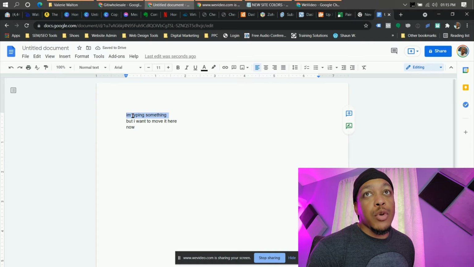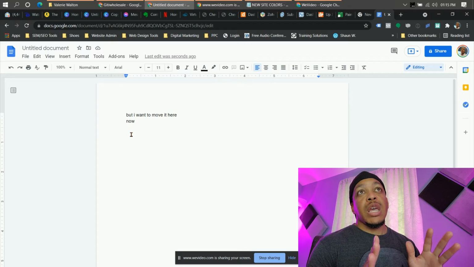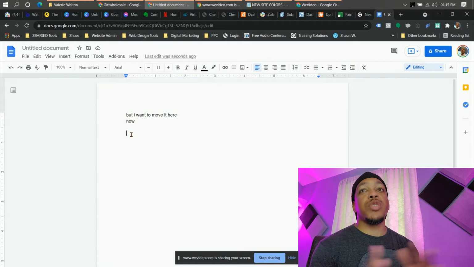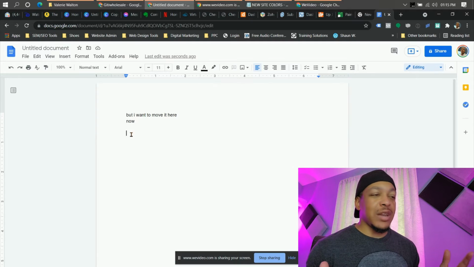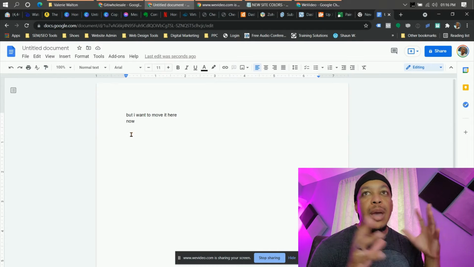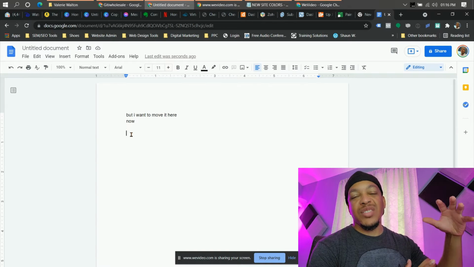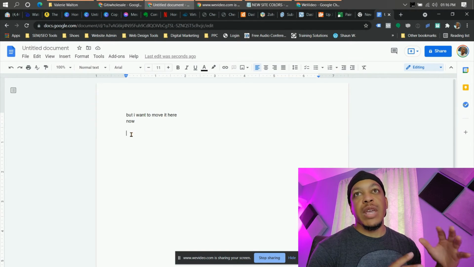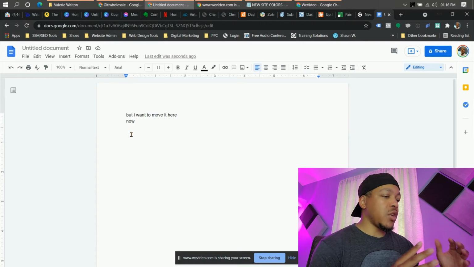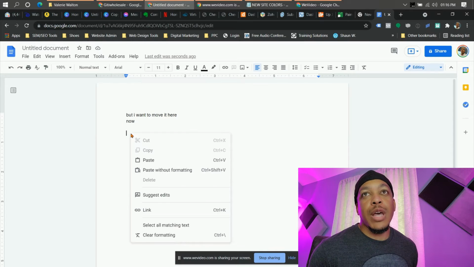Now, instead, I'm going to cut, right? And look what happens. It removes it. However, it's on my clipboard. What is my clipboard? That is stuff that, if I paste, that's what is going to paste, right? The clipboard is kind of like a virtual area, a memory that your computer is holding that says, hey, here's what's going to paste if you hit Control V, or if you hit paste, right? So it's just sitting there waiting for you to paste it. Okay. Now, when I hit paste,